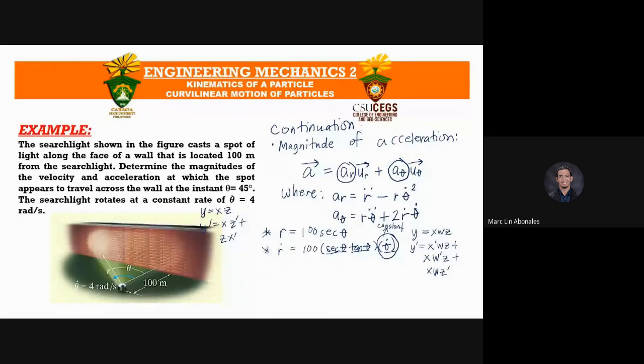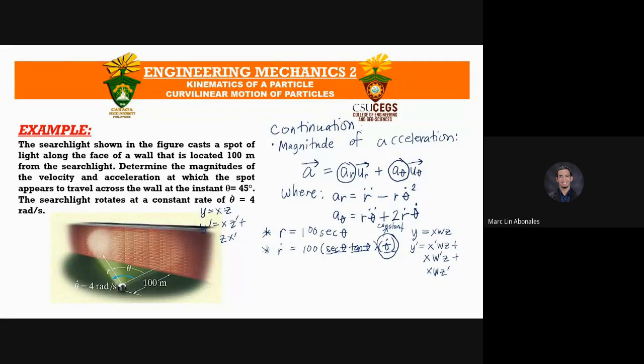Compare sa 45 degrees diri sa angle theta, dili nato i-substitute. Kay, dili man gud siya ang atong angle theta na 45 degrees is not a constant. That is at an instant lang mismo. So at a portion lang mismo. So that's why ang atong theta dot na 4 radians per second or the angular velocity is a substitute that